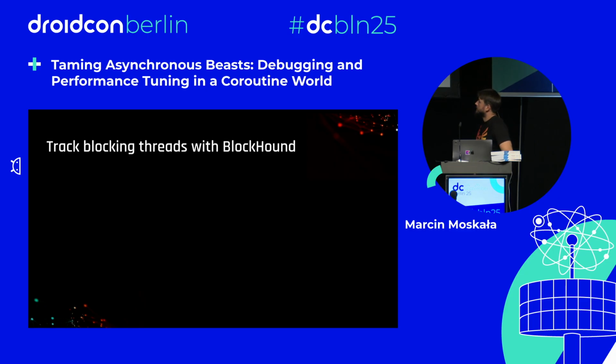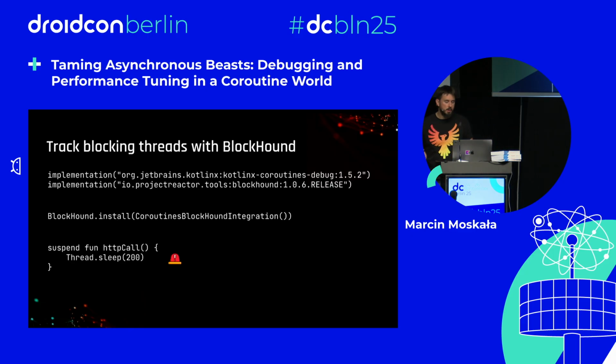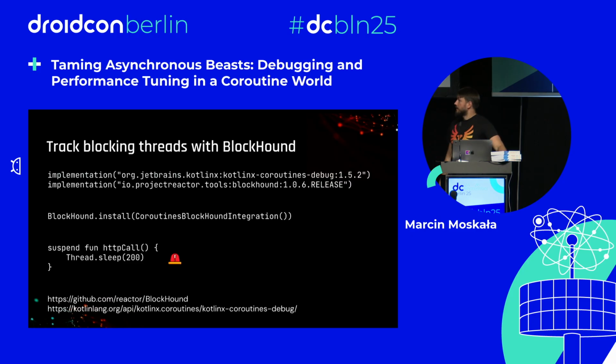BlockHound is a library that you just install in debug mode, and then whenever you have a blocking call in a non-blocking dispatcher, like the Main or Default dispatcher, it throws an exception and informs you about this situation, and so you are not missing blocking calls on significant threads. More information in the BlockHound and kotlinx-coroutines-debug